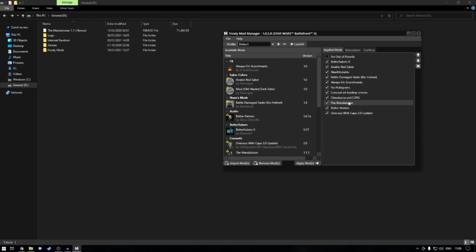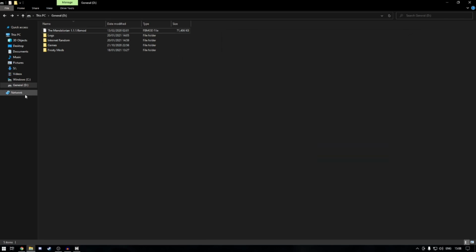Once you've added your mod, you're basically done with Frosty Mod Manager for a little bit. So just back off that. You are now ready to launch it if you've bought it through Origin Games. If you've got it for free through Epic Games, there's an extra step, and this is what people get stumped